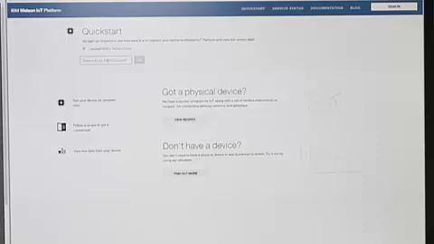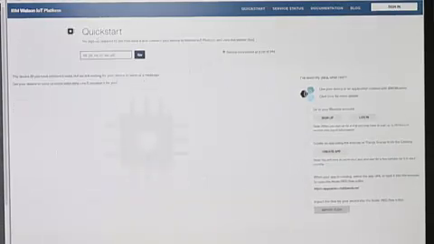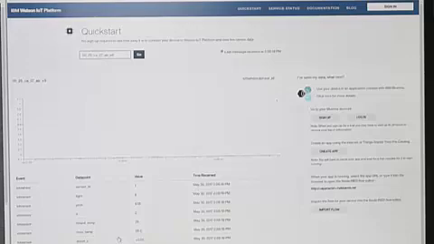So I've opened up a web browser and I've searched for IBM Watson IoT Platform Quickstart or IBM Quickstart, and you'll come up to this page. When you're here, you accept the IBM terms and conditions. You type in your device ID, which in this case is shown on our display, and I'm going to click on Go, and we'll see when we were last connected, and then as it gets new published data, it will show the data. We'll click on Light,